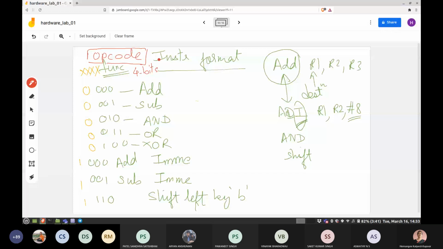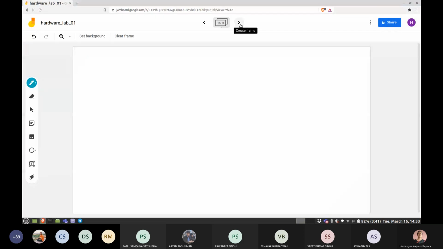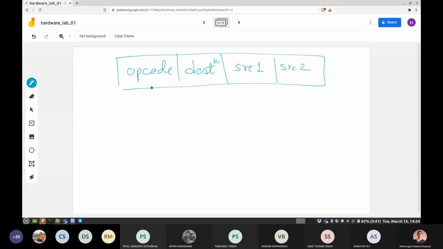We have the opcode, then destination, source 1, source 2, and this whole thing is my instruction, and each field is 4 bits.